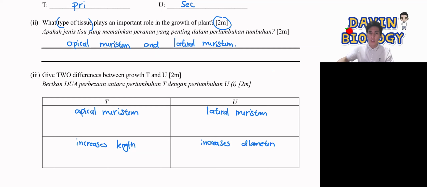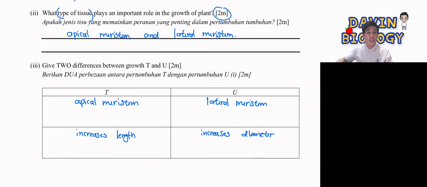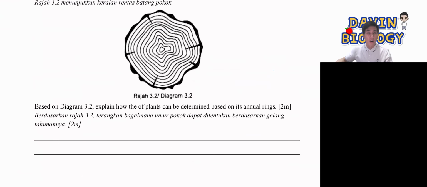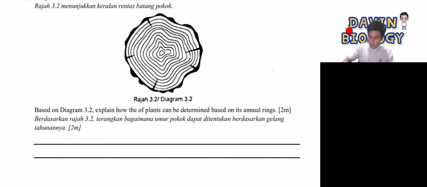Very easy only. Okay. Now, final, slightly more than 10 minutes. Okay, we'll do two. Still got one more here. Sorry, this one. Okay, ready? How can the age of the plants be determined based on its annual rings? Now, it's just 2 marks, right? Now, we explained a lot just now. So first,